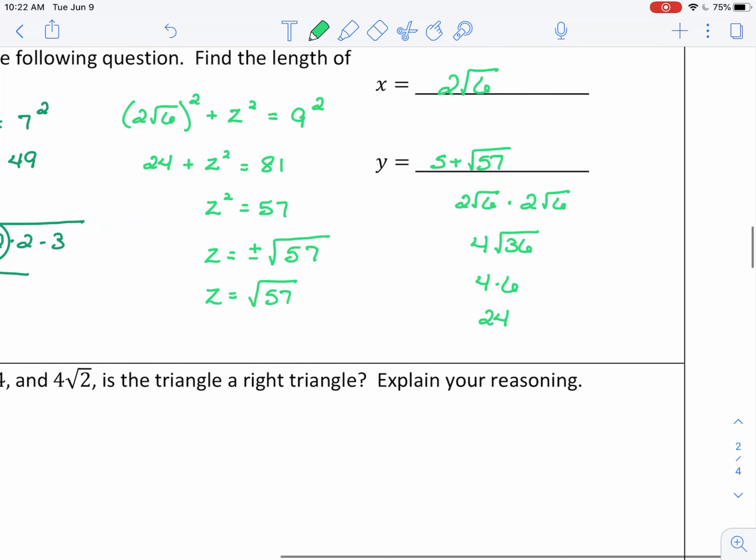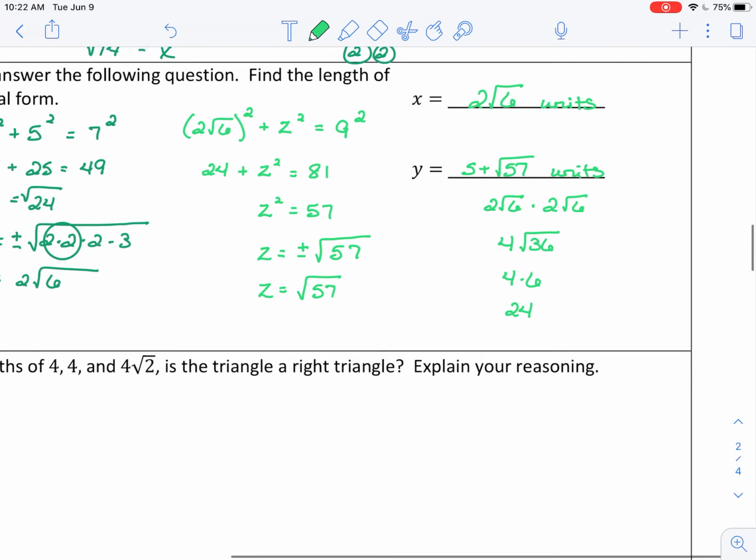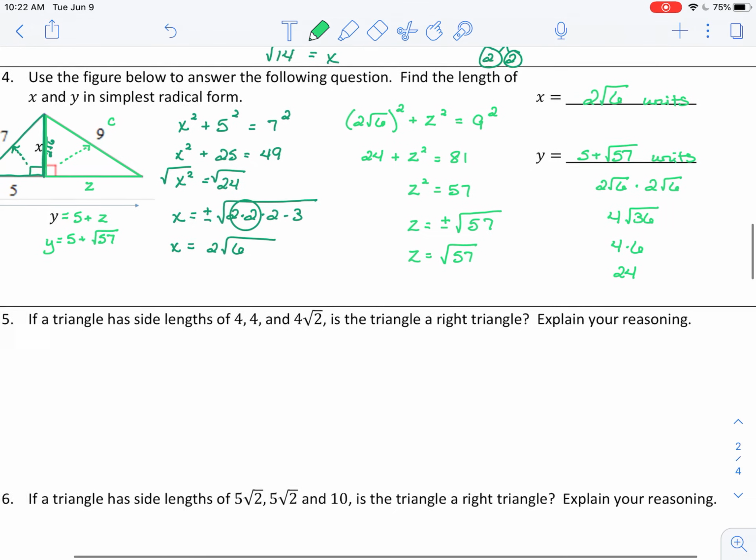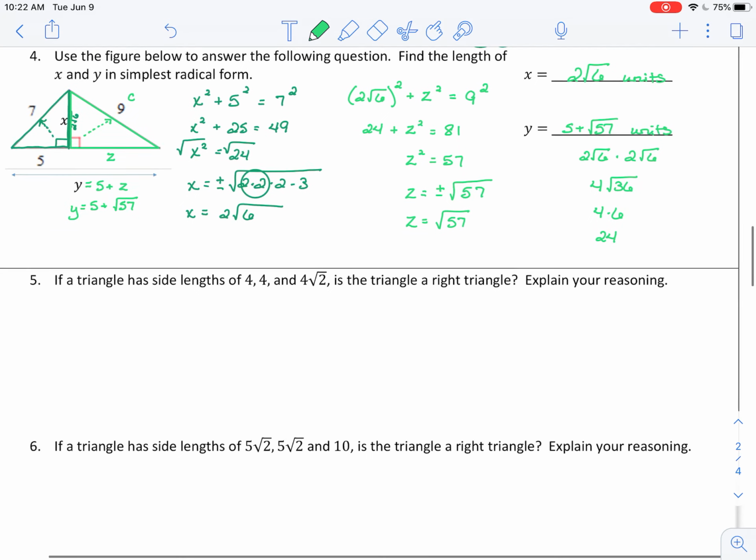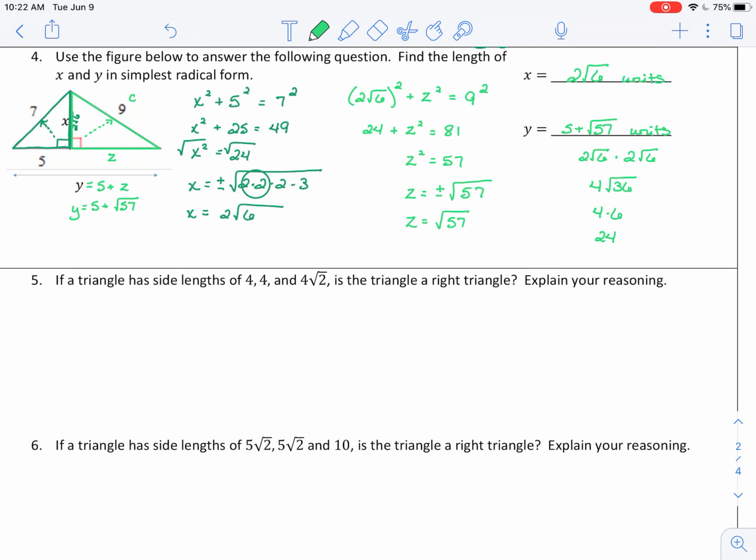And I don't think there are any units in this problem, so technically these are just both units. So it's annoying to leave it in radical form, but it is more precise. You don't have to worry about rounding. If it's a real-life application, you'd probably want to carry these exact answers until the very last second and then round. But again, Pythagorean theorem, for the most part, can be pretty straightforward, but there are times like this where we can complicate it, so we probably will. Maybe not on an assessment, but we can have